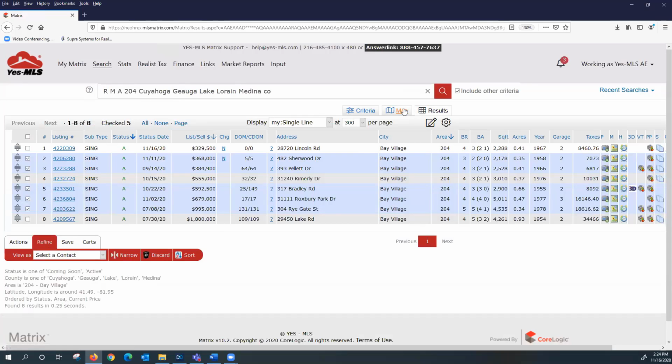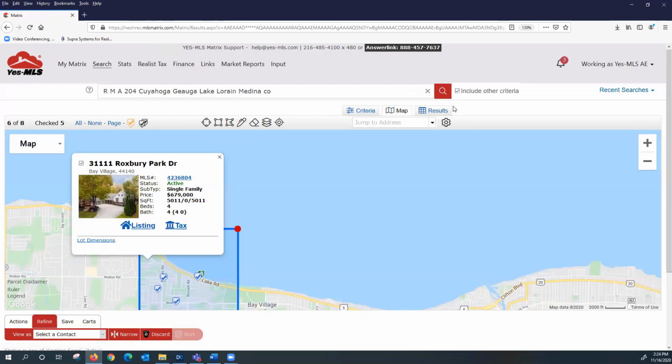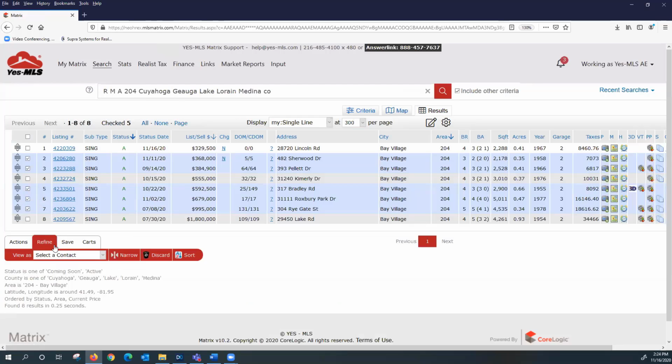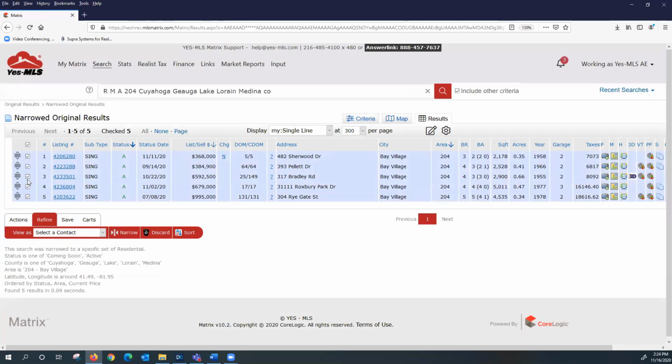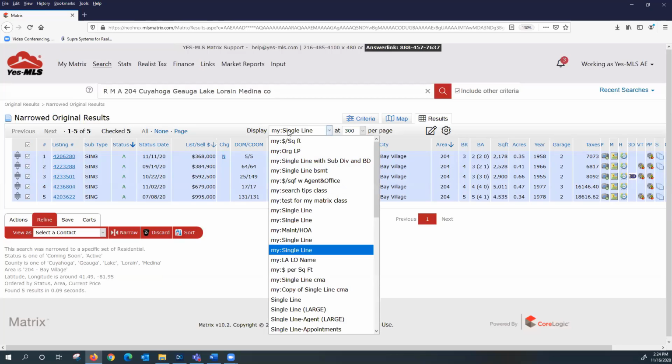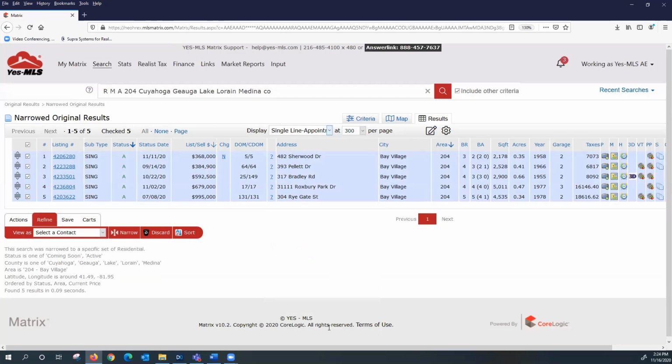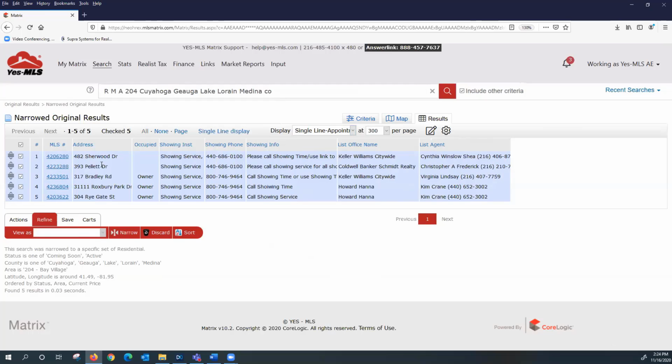So I got them from the map. I selected them from the map. I went to my results and I choose refine and narrow. And now I'm looking at just those properties I'm going to go show tomorrow. Now I need to make those appointments. In your drop-down list here, you can ask it to show you the single line appointments report. You'll all have it, single line appointments. And now I can see very quickly,